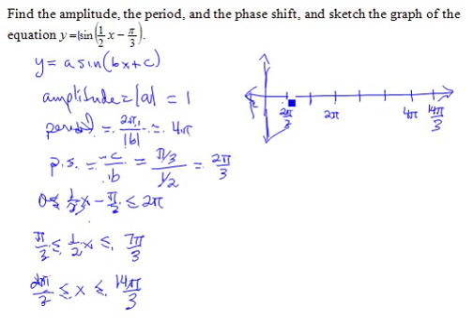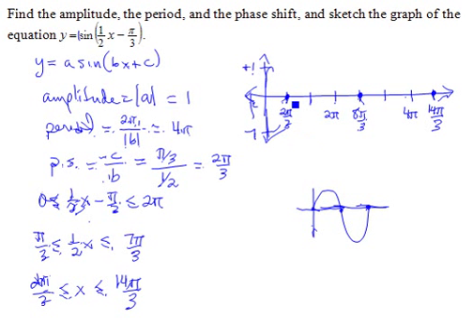Now any cycle for a sine curve starts at 0 and ends at 0, and it is 0 halfway in between. This was 6 pi over 3, so this was our 8 pi over 3 mark. Remember, the sine curve's basic cycle starts at the origin and ends at 2 pi comma 0, with a value of 0 also at pi in between if you're looking at an unshifted sine curve. Let's see, from there we can work out the maximum and the minimum to be plus or minus 1, since we have an amplitude of 1,